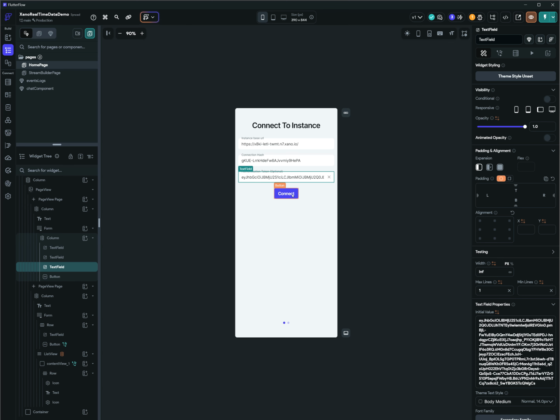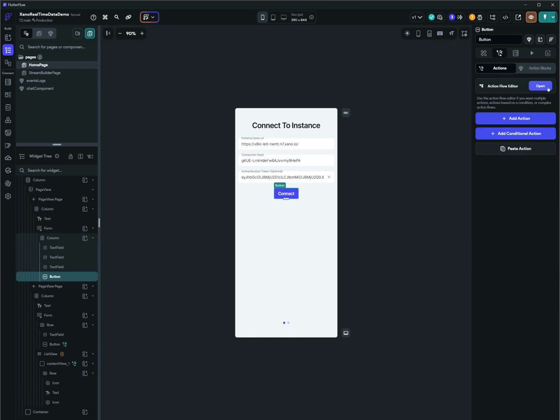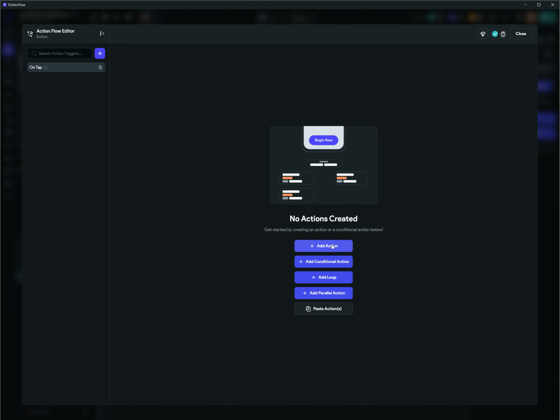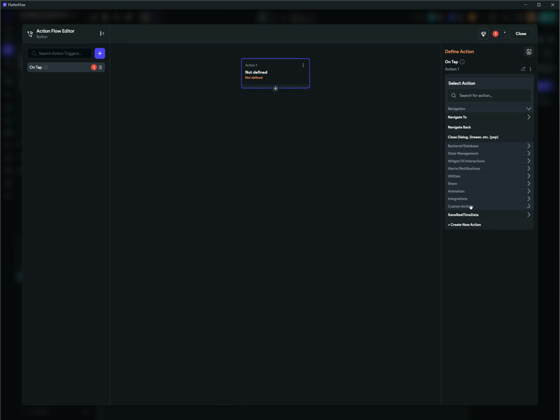So now let's create the logic to connect to the server. Let's open this and add an action, go to our custom actions and select the Xano Realtime Data Custom Actions. Here you will see a whole list of all the things you can do, but I'm especially interested in this connect WebSocket action, which is actually one of the most relevant ones, if not the most relevant. This action allows you to establish a connection, but also configure some behaviors when it fails to connect or when